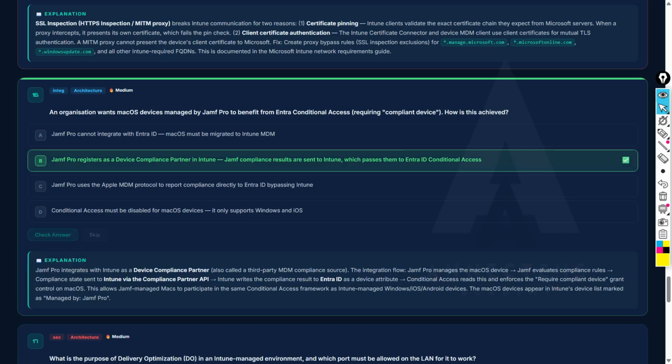Okay, let's check. So that's correct. Why? Because Jamf is a third party, it's not a Microsoft product, of course. So when we're trying to integrate something with Intune, we require a partner here. With that partner, we will assign some compliance rules, and Jamf is going to use the compliance partner API. That is also a third party MDM compliance source, right? Using that, you can connect to Entra, and then you can fetch those device attributes,